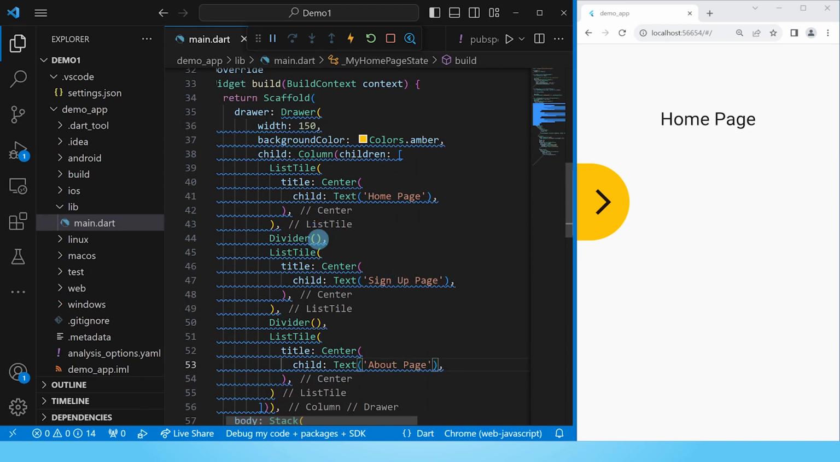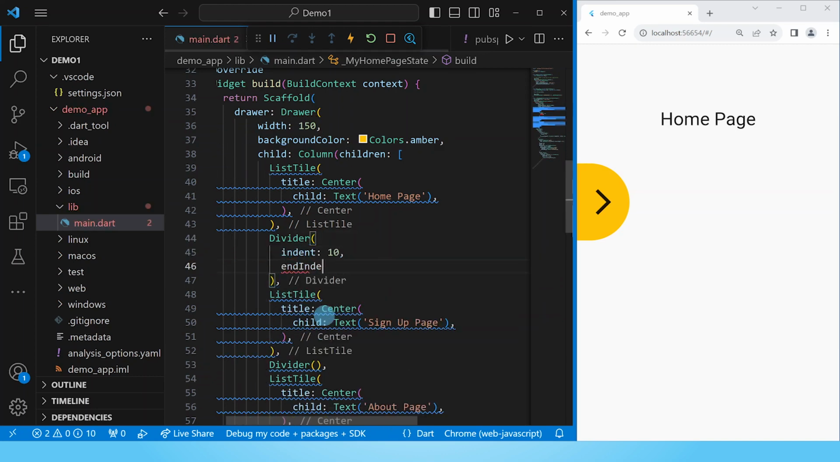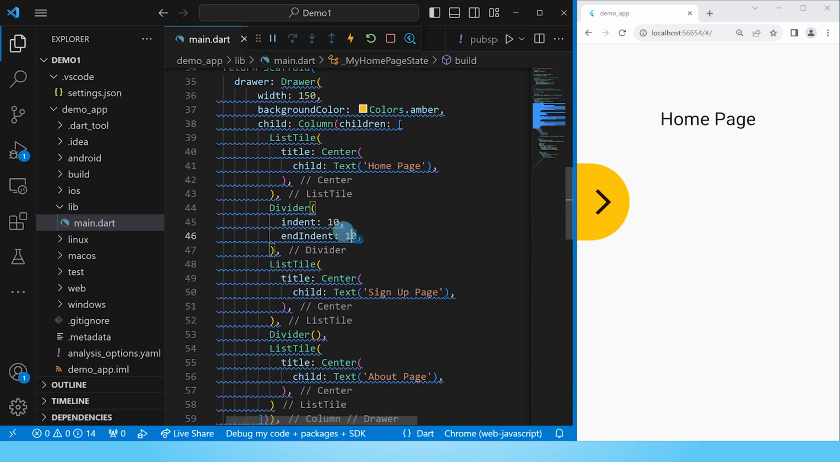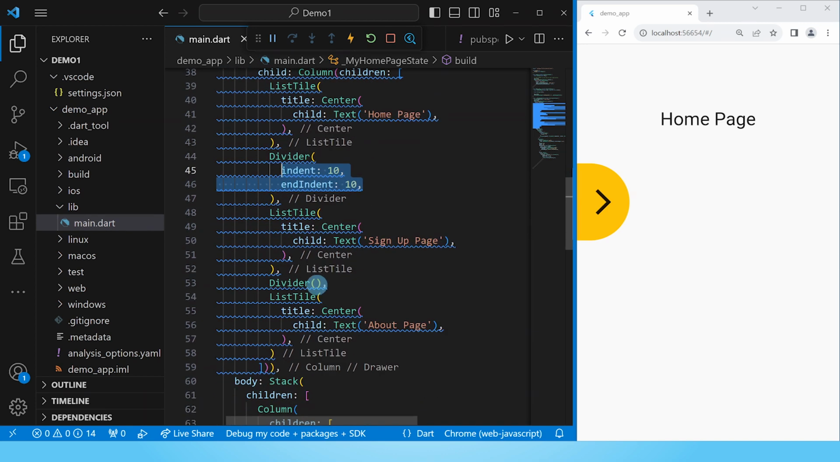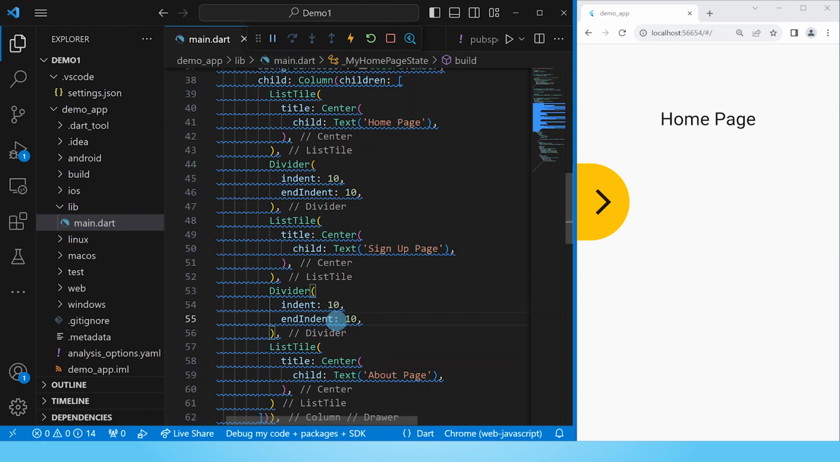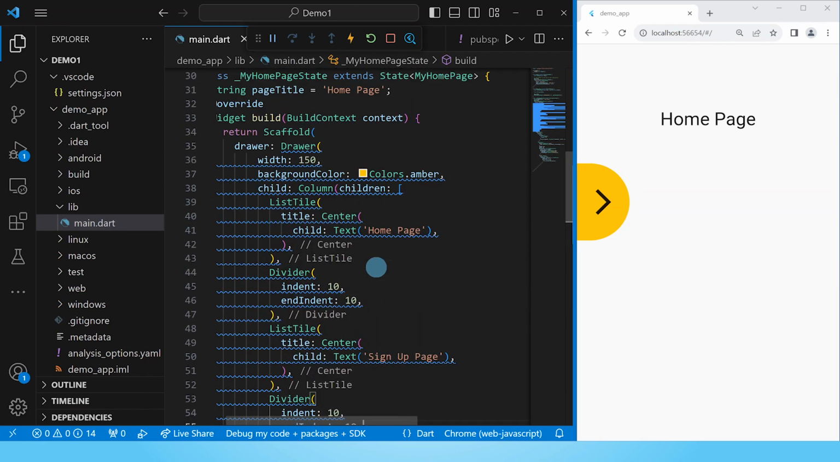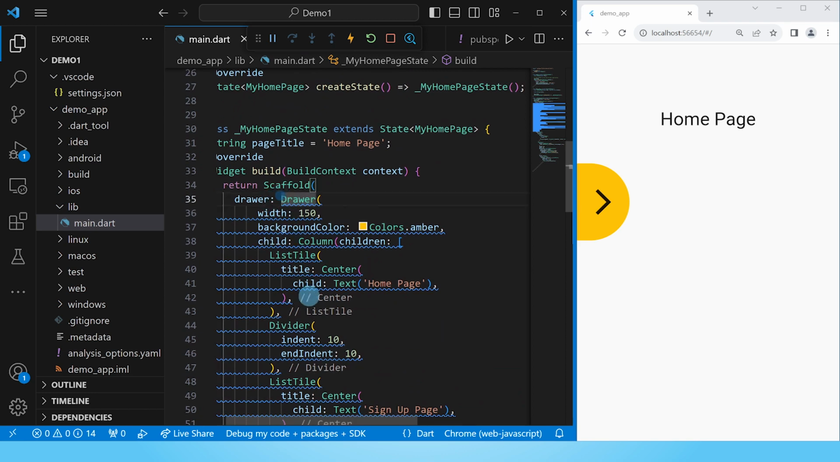And for the dividers, I'd like to put in indents of 10 pixels on either side of the divider. So indent and end indent will both be 10 pixels. Let's copy and paste these two into the other dividers. Oh, that's one other divider because we only have 3 items. So let's save this. Let's go ahead and add a const keyword here so that we get rid of this